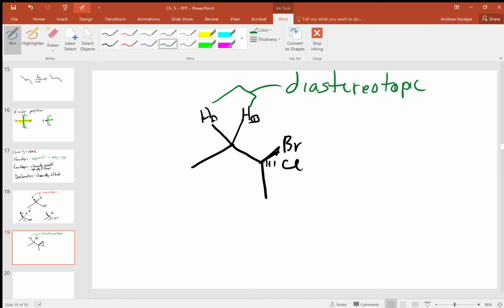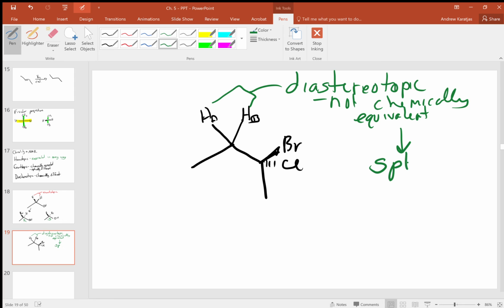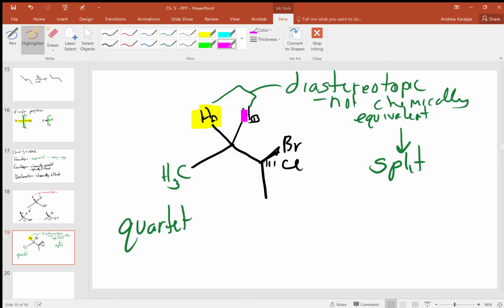And diastereotopic protons are not chemically equivalent. Well, if they're not chemically equivalent, then they will cause additional splitting. And so if I asked you, what's the splitting pattern for HA? Well, HA is split by this CH3 to its left into a quartet. But HB, even though HB is on the same carbon,